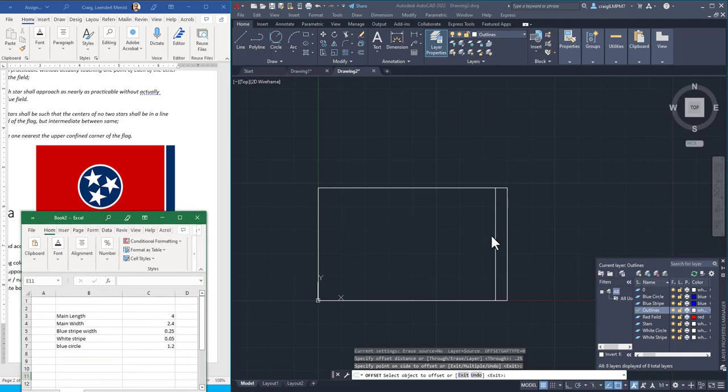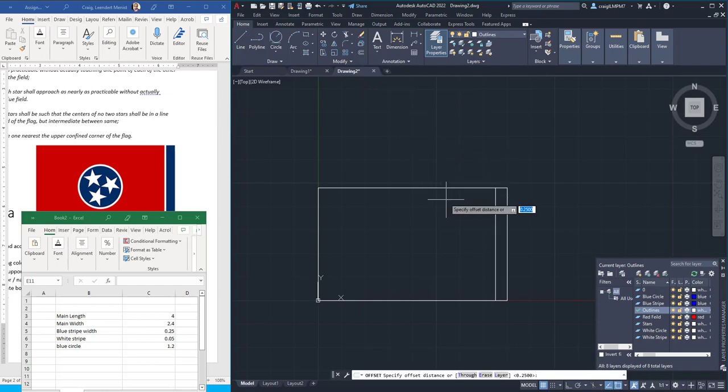So we're going to do the same thing. We're going to come over here and select our line. Oops. Going to tell it we want it to offset. This time 0.05. Enter. Make sure we're on the right side of it. Click OK. Click Escape. So now we've got our blue and our white lines, but obviously they're not on the right layer. So